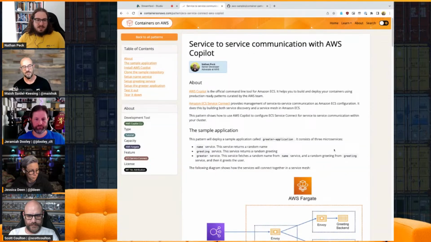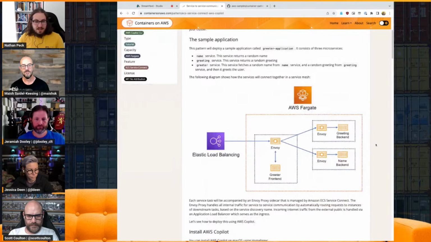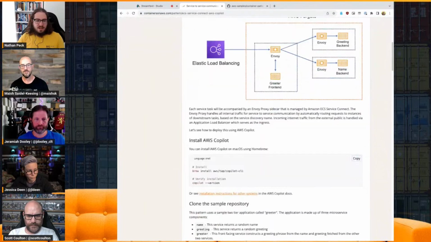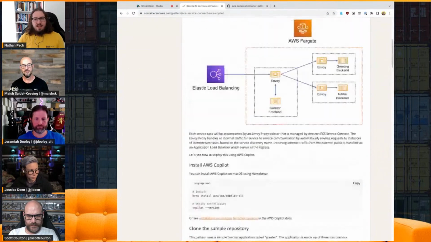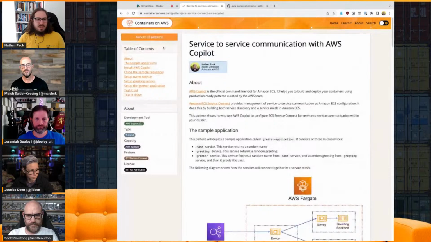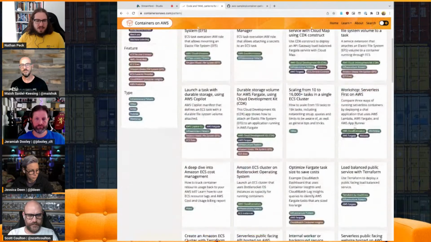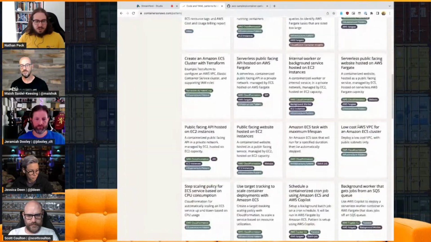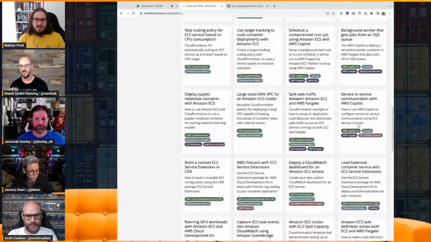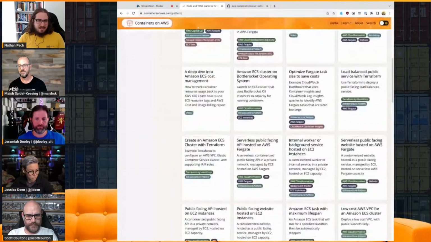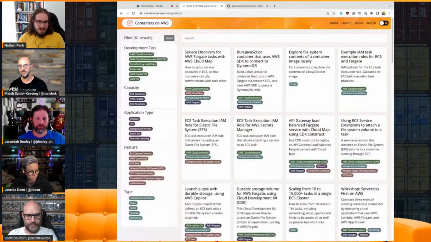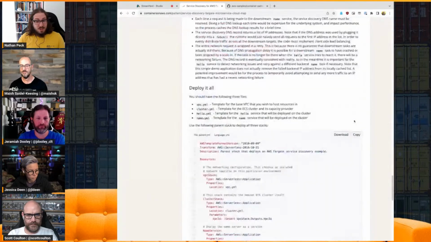So you can click on this, and it'll take you to a tutorial for service-to-service communication with Service Connect as configured by AWS Copilot. So this is another alternative way to do the same thing. And the goal is that you'll be able to explore the full scope of features and related features inside Amazon ECS by using the 61 odd patterns that are here. And you can also contribute your own.